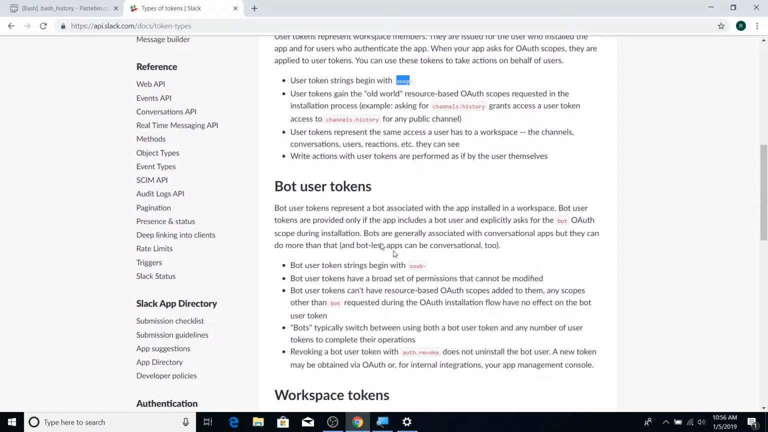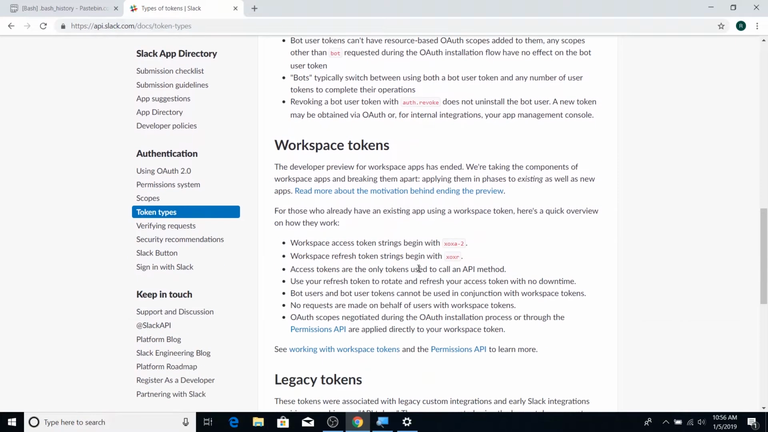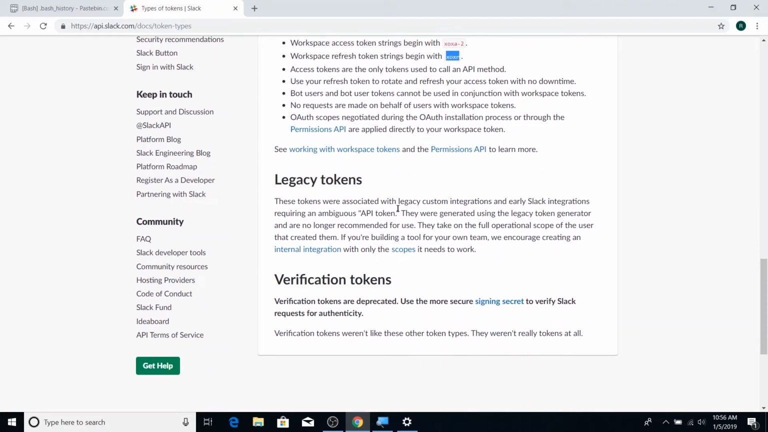So for user tokens, they begin with XOXP, which makes sense, that's what we have right now. Bot users will start with XOXB. Workspace will start with XOXA2, that's for the access token. For refresh token, it will be XOXR. Legacy, these tokens were associated with legacy custom integrations